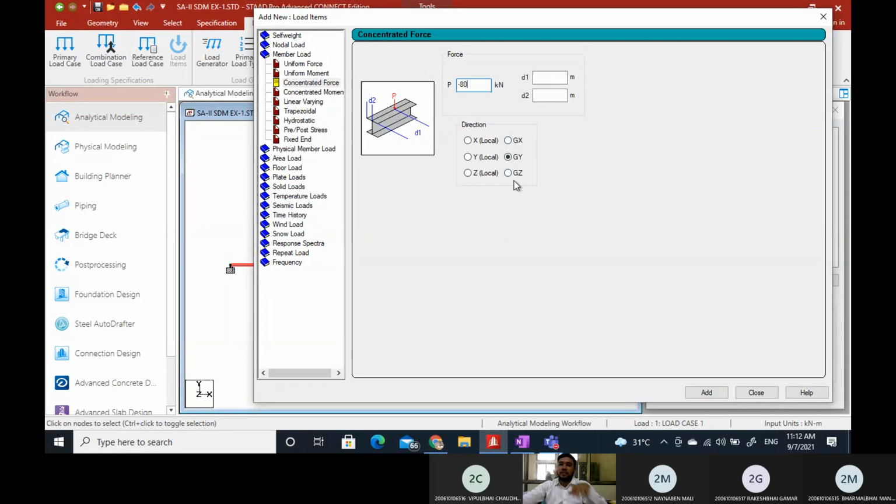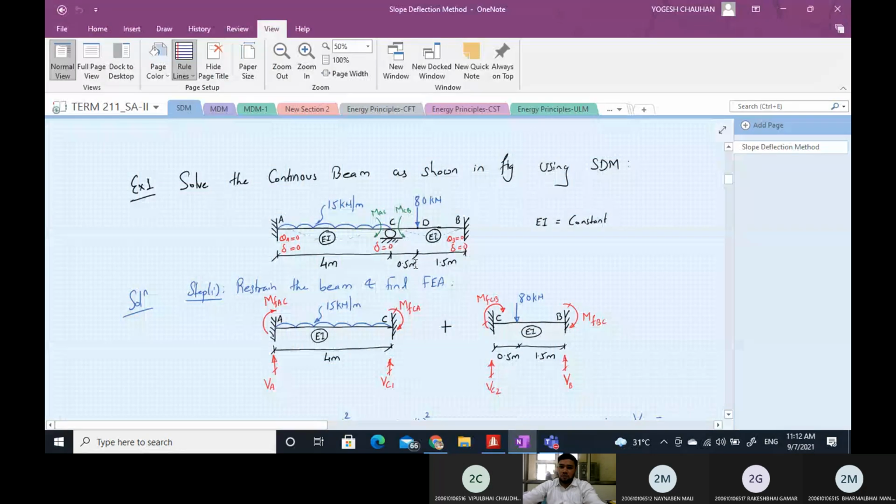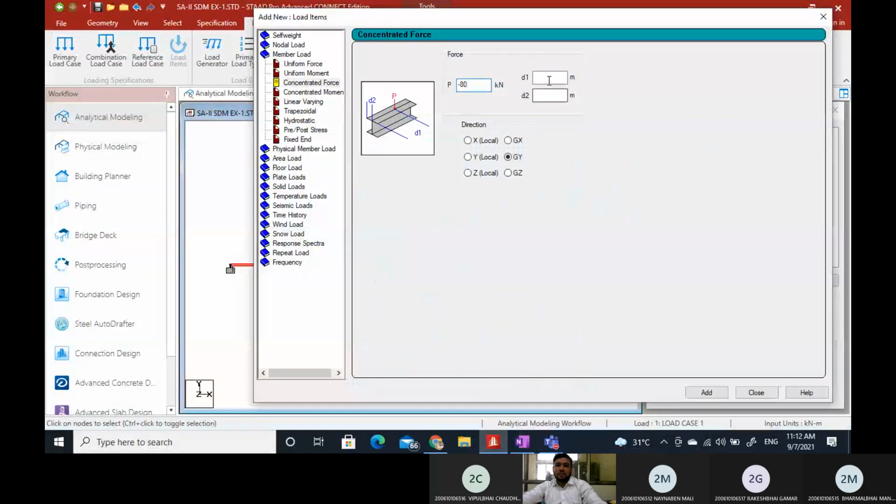If the load is in Z direction, click global Z. GZ means global Z, GY means global Y, and GX means global X. Now the point load is at a distance of 0.5 meter from point C. So this distance will be 0.5 from the J node. This is J node and this is K node. Click add, close.